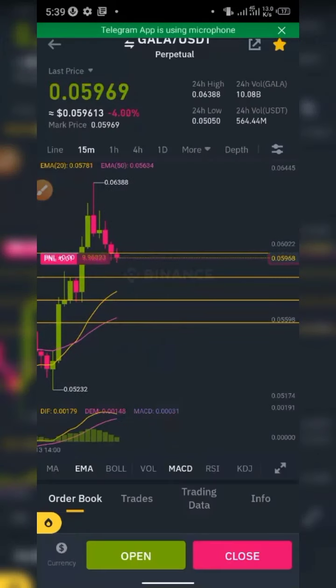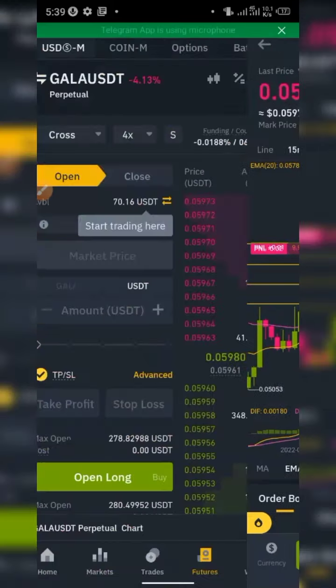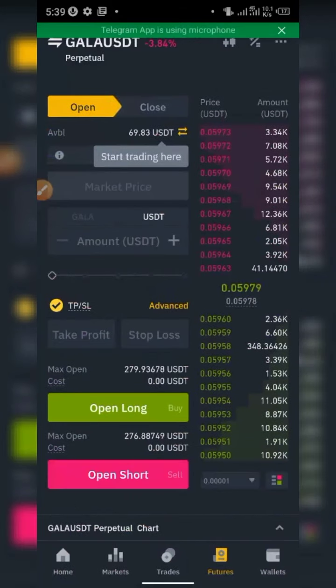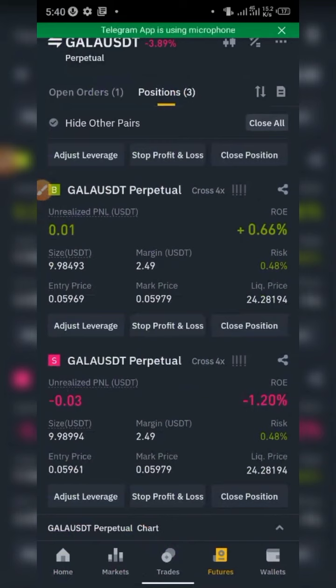Meaning that from that point, if it continues to dip, you are not going to be affected by that loss, and you are going to make profit when it changes to your direction. But you have to take note. You need to know where you put your stop loss with this strategy. Maybe you still want to go long, so immediately it is moving in your favor,